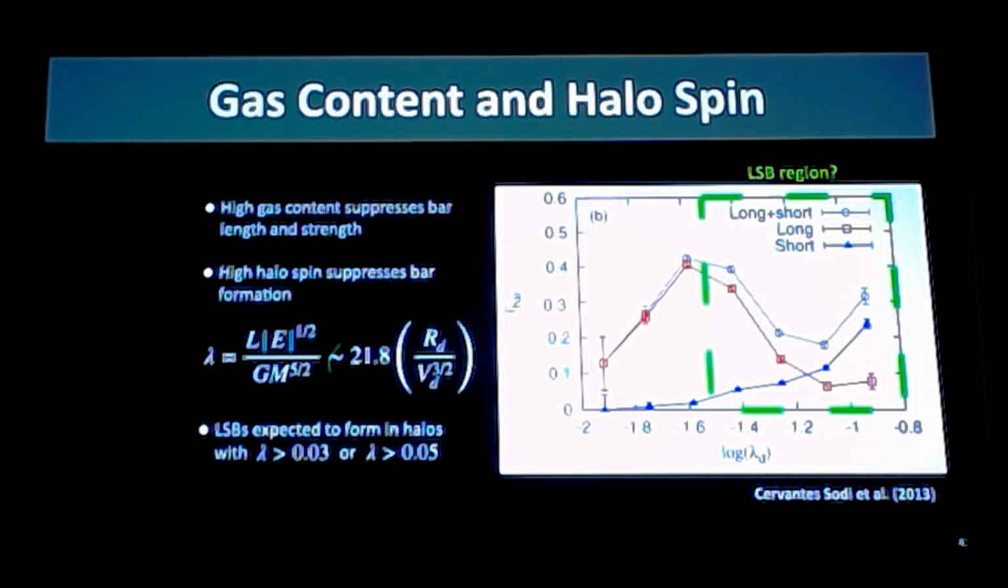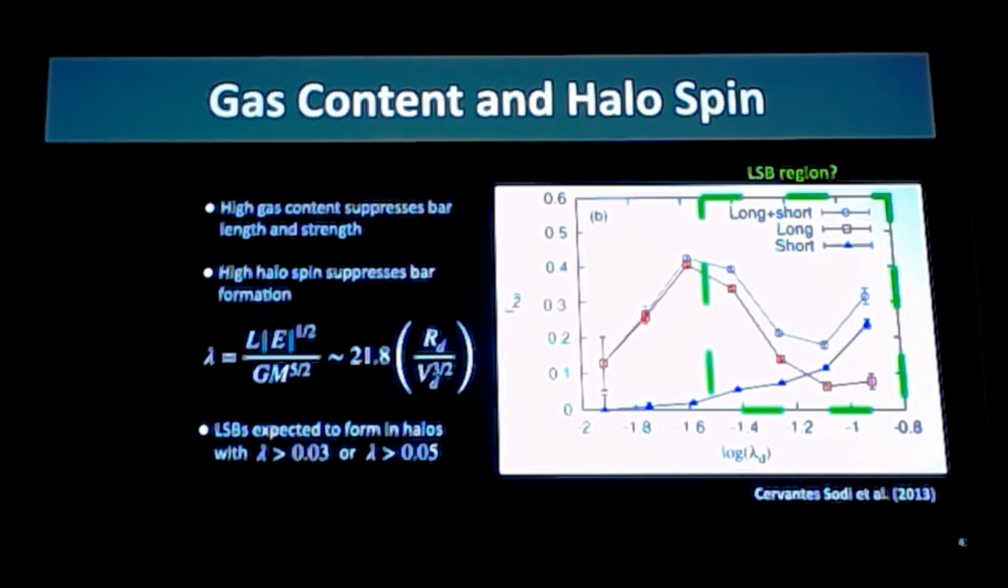This sort of relation here is what we use to estimate the so-called halo spin itself. And high spin halos, other than forming an LSB, also suppress bar formation in general. So this is the bar fraction as a function of halo spin. And we see that for lower halo spins, we see an increase of bar fractions. That's your HSB population. These are slowly spinning halos, so there's no reason that a bar could not form and keep growing over time. But as you move to higher spin halos, the bar fraction falls off to around that 20%